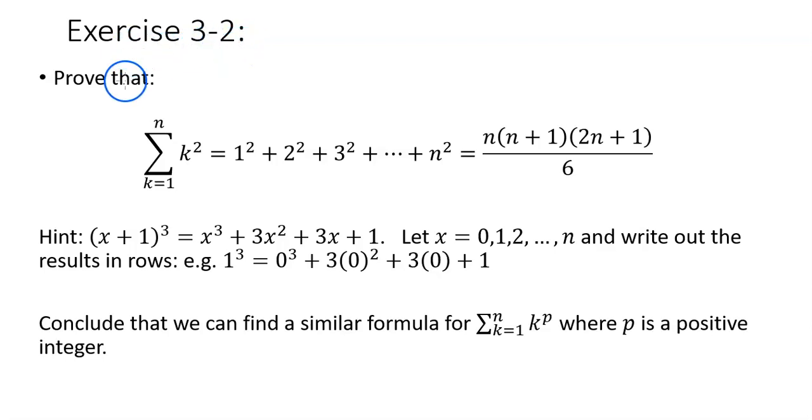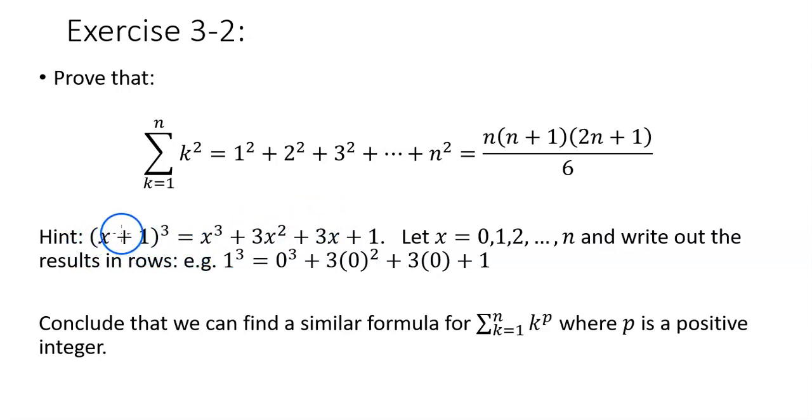Exercise 3.2. Prove that the sum from k equals 1 to n of k squared, which means 1 squared plus 2 squared plus 3 squared all the way up to n squared, is equal to n times n plus 1 times 2n plus 1 divided by 6. And I've given a hint here as one way to go about this, which is the way I'm going to